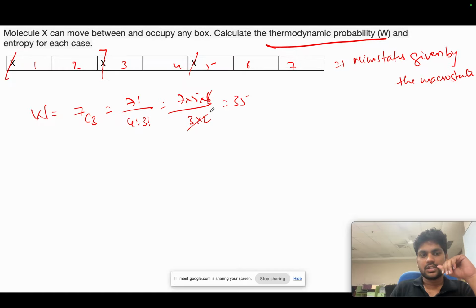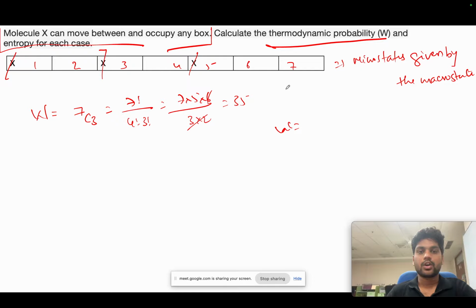Have you understood the concept? No, sir. So basically, when thermodynamic probability is asked, first of all, this question. What does this question say? The molecule X can move between and occupy any box. And they are asking that if we give the thermodynamic probability definition, the definition states that